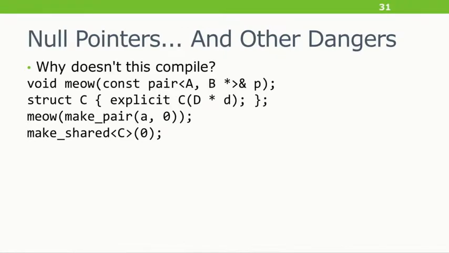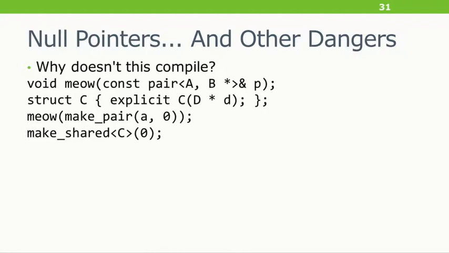This example actually is an example of user code that doesn't work, and it leads into this "don't help the compiler" theme. So here I've got an example of some function, meow, taking a const pair ref of some A and B star. We don't care what A is. And then some struct C that's constructible from a D star. And I'm used to saying 0 or NULL for my null pointers. In fact, I'm surprised some programmers in C++ think that 0 is preferable instead of NULL, probably because C's NULL was horrible. And so they always say 0.